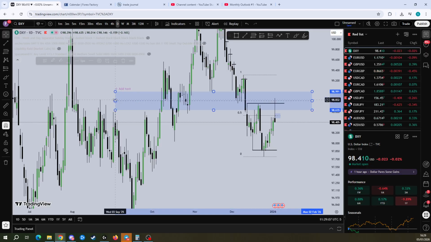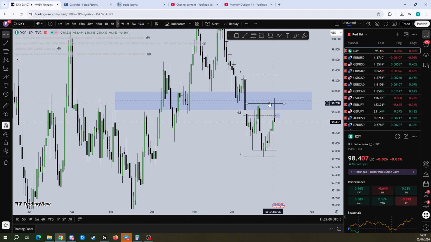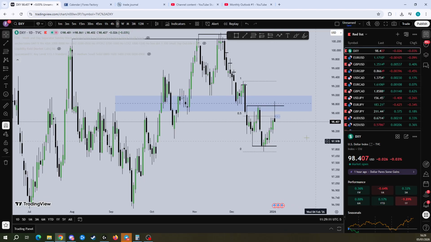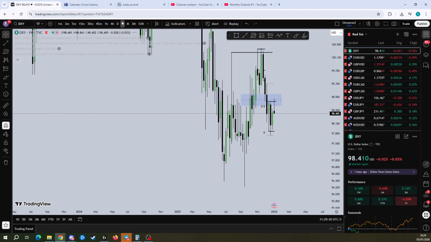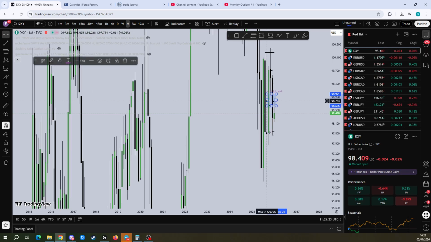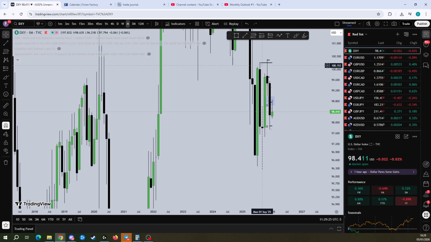And what makes this even more high probability to expect price to not only come up here but also give that reversal is because, firstly, daily market maker sell model, daily stop run, so likely come back lower. And secondly, we have this monthly inversion fair value gap, and we have this monthly free bar swing after taking out monthly liquidity. So firstly, to expect a continuation candle, you don't want to see price come for this high, essentially being the previous month's high, and you want to see